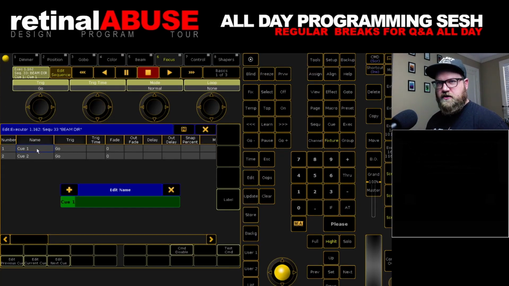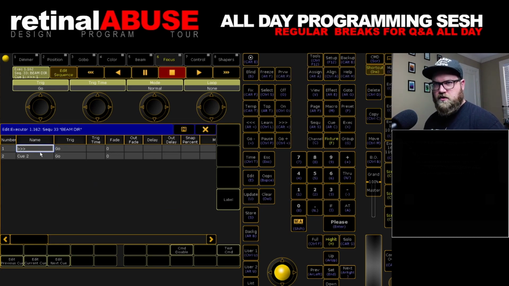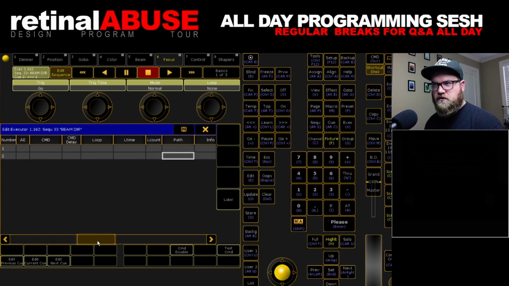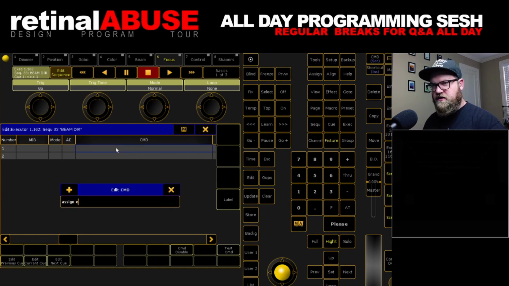And so what we're going to edit is direction right, direction left. We're going to go all the way over to command. And we're going to assign effect 1 dot beam underscore wildcard dot wildcard direction equals right. So once again, if you guys haven't seen this one, it is assign effect,